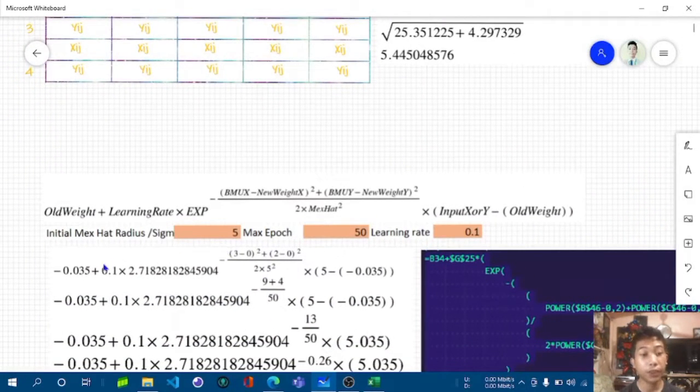So our value is negative 0.035 plus 0.1, which is the learning rate, times the constant value of the exponential function, which is 2.7182818284590, raised to the power of negative 3, which is